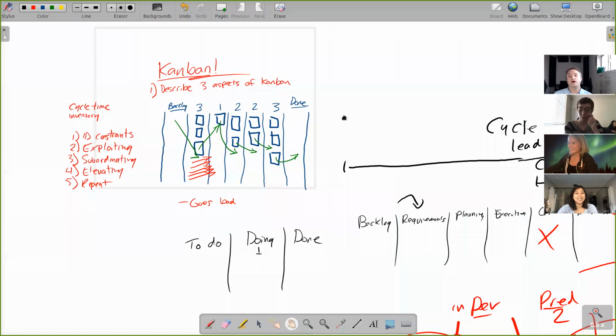So to wrap up, I would like you to Slack me your description of at least 3 aspects of Kanban. I'll give you a few minutes.